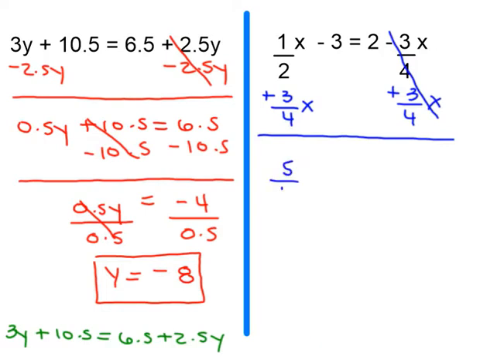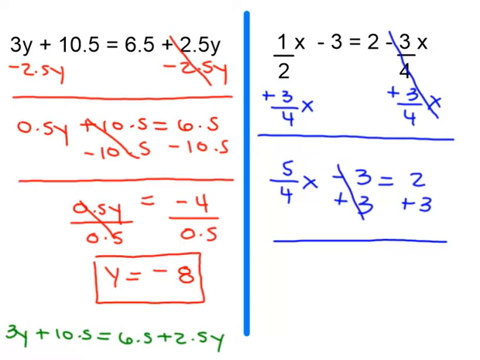So 5/4x minus 3 equals 2. Now we want to move the constant over to the right-hand side. So plus 3 plus 3. These are going to cancel. 2 plus 3 is 5. So we have